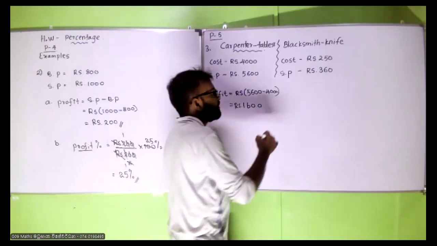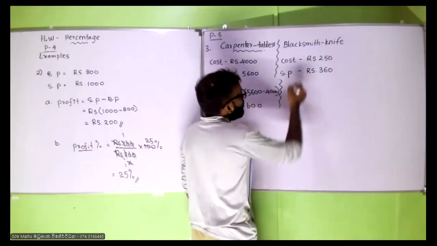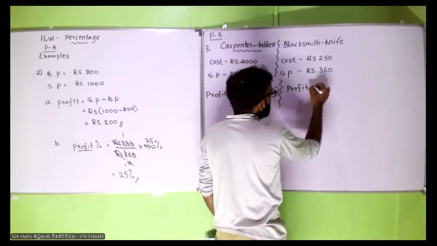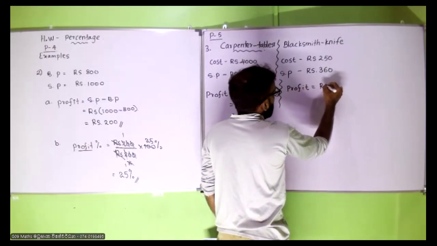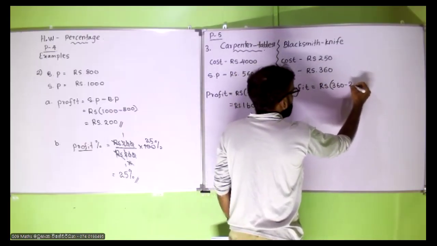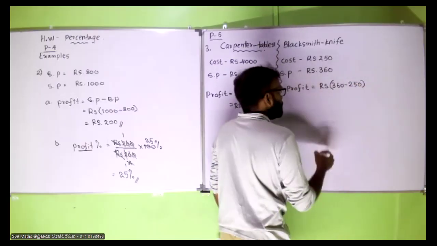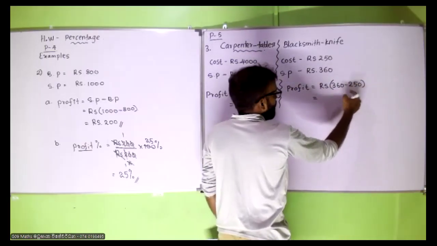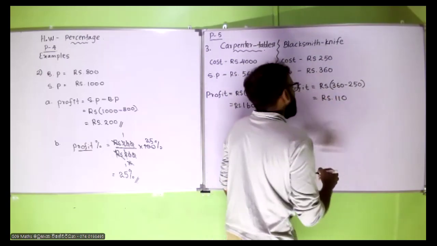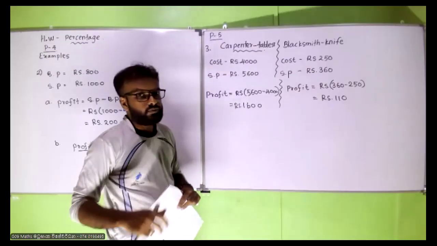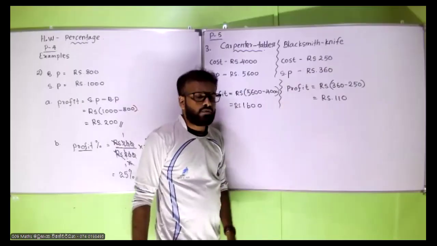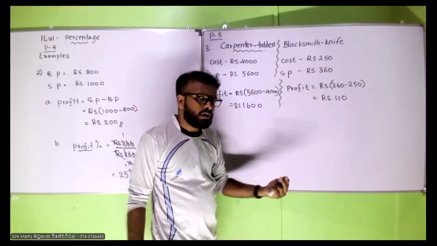Then the profit of the blacksmith: the selling price is 360 minus 250. If I subtract, I will get 110. Now, if you compare these two profits, can you tell,